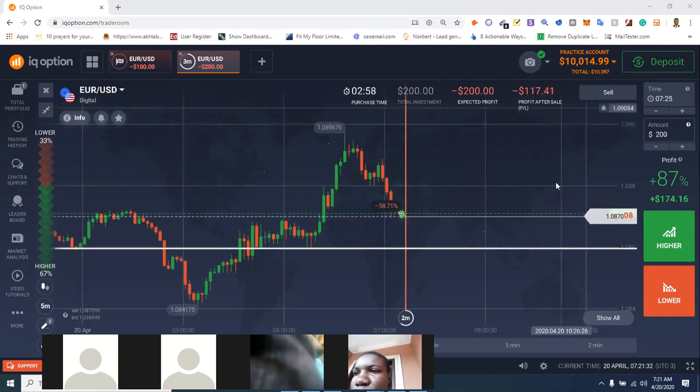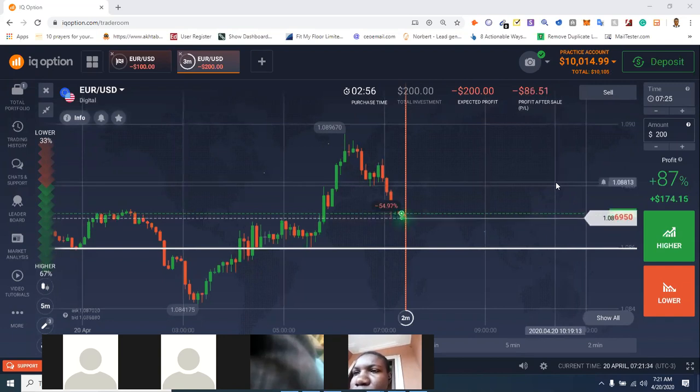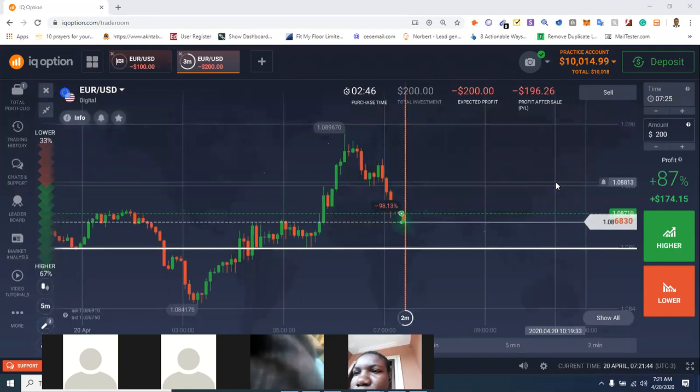So while we are waiting for this, be getting ready to place the second martingale. You see, when you are on demo, you are cool, you are light-headed, no tension, you have everything under control. But when it comes to live and you do the first martingale, I'm telling you, tension would come in.